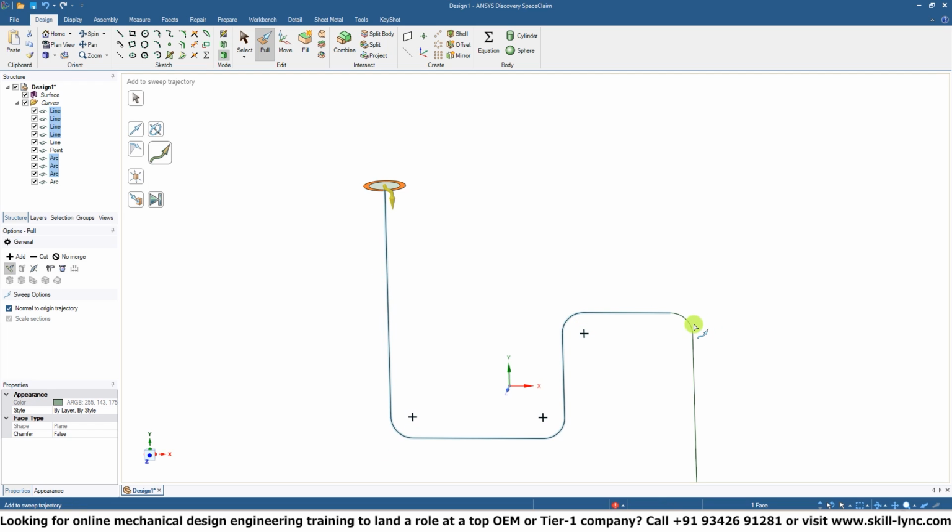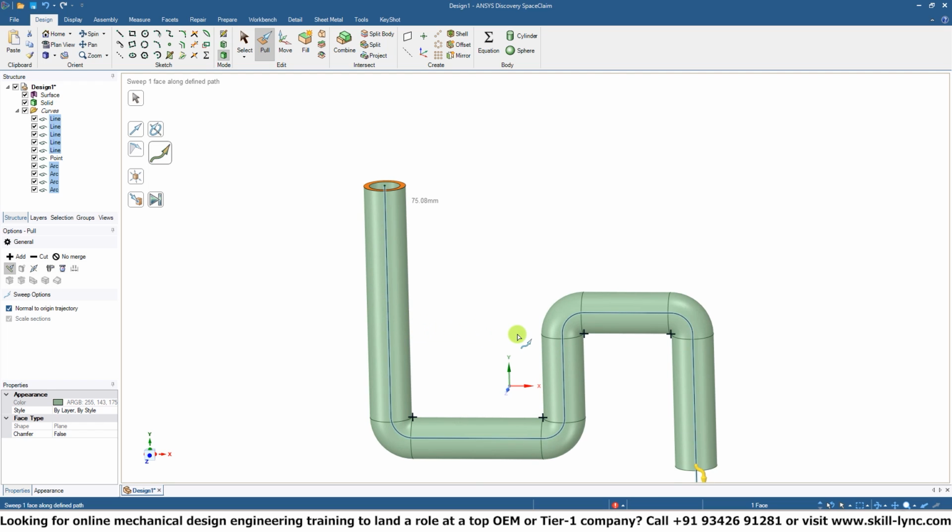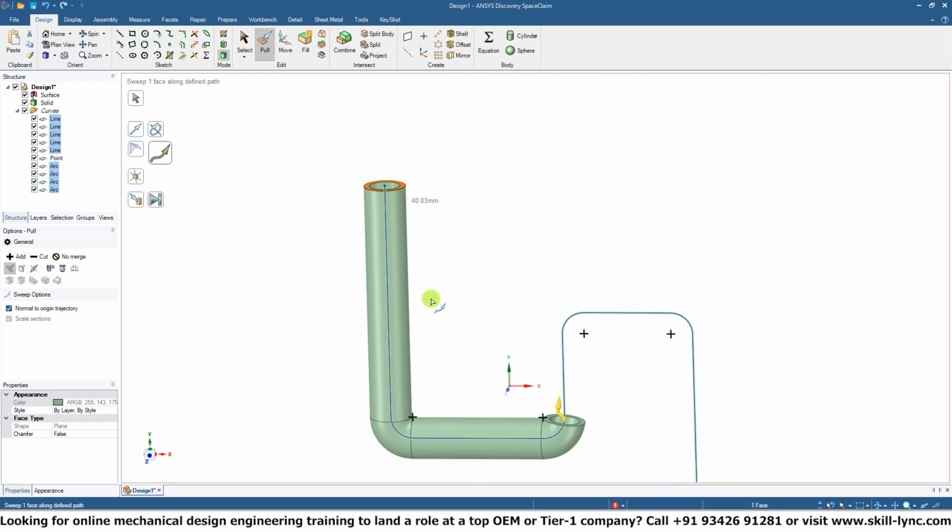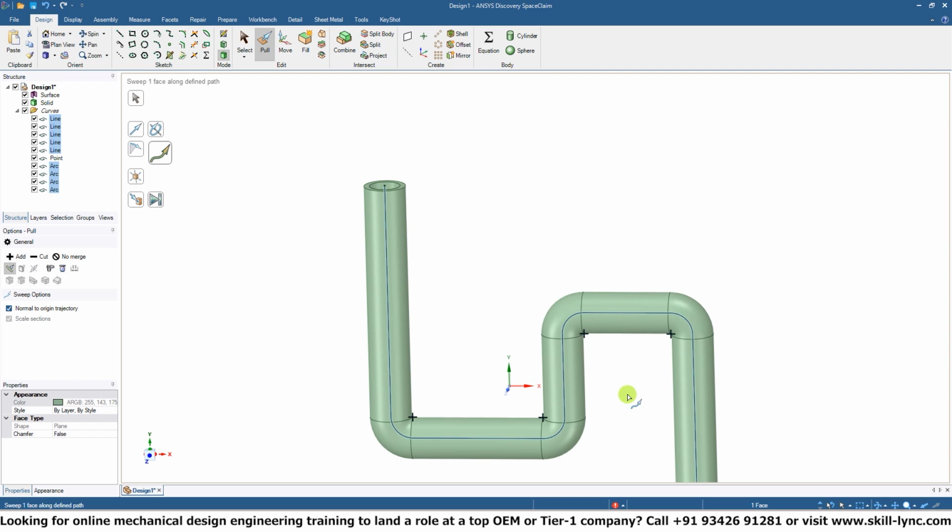Now, obviously, while I'm doing this, I'd like to explain that the way SpaceClaim computes all of this geometry, it follows a lot of geometrical rules and mathematical principles. So it's very important that you keep track of the dimensions that you define, because you might encounter issues as we've just encountered right now, where we've defined a geometrical impossibility. It cannot actually calculate this because it doesn't make sense mathematically. But now that we've defined a much thinner area, it can actually complete the sweep option,